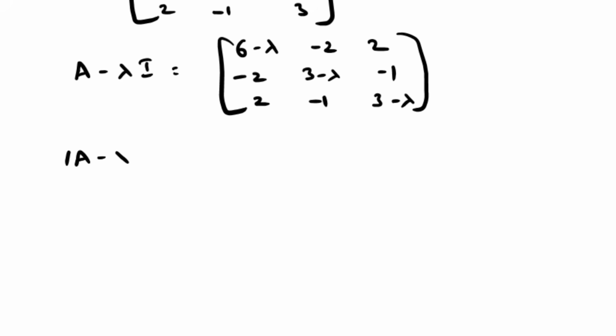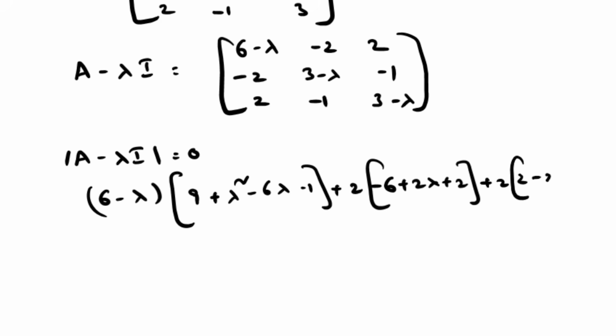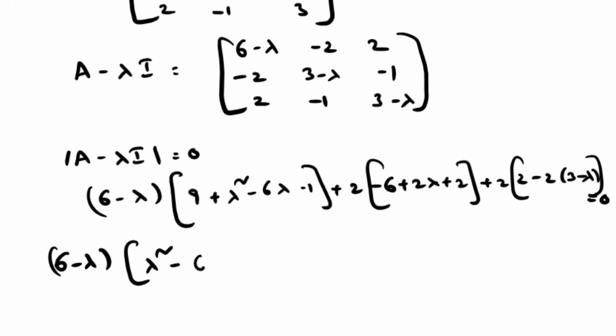Determinant of the characteristic matrix is equal to 0. Therefore 6 minus lambda into 9 plus lambda square minus 6 lambda minus 1 plus 2 into minus 6 plus 2 lambda plus 2 plus 2 into 2 minus 2 into 3 minus lambda is equal to 0. 6 minus lambda into lambda square minus 6 lambda plus 8 plus 2 into 2 lambda minus 4